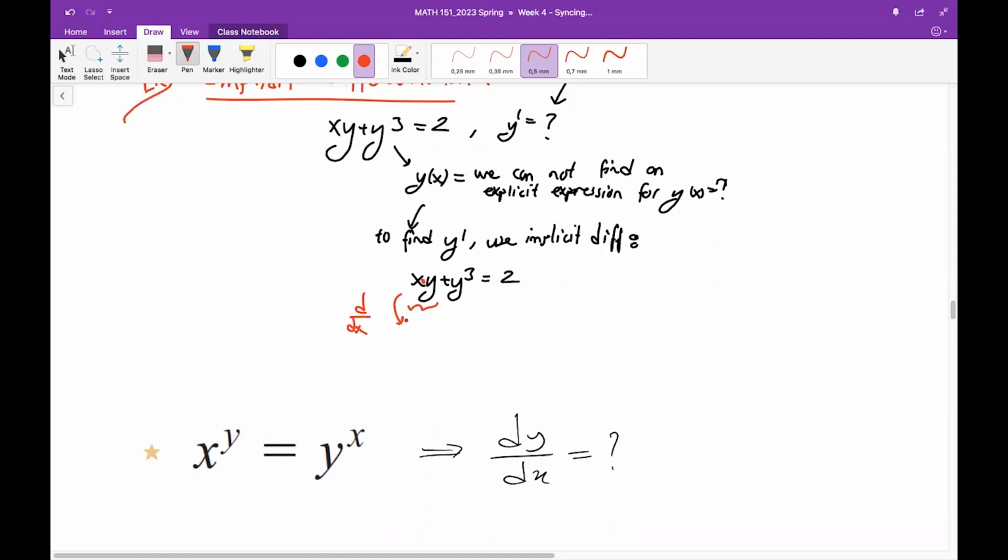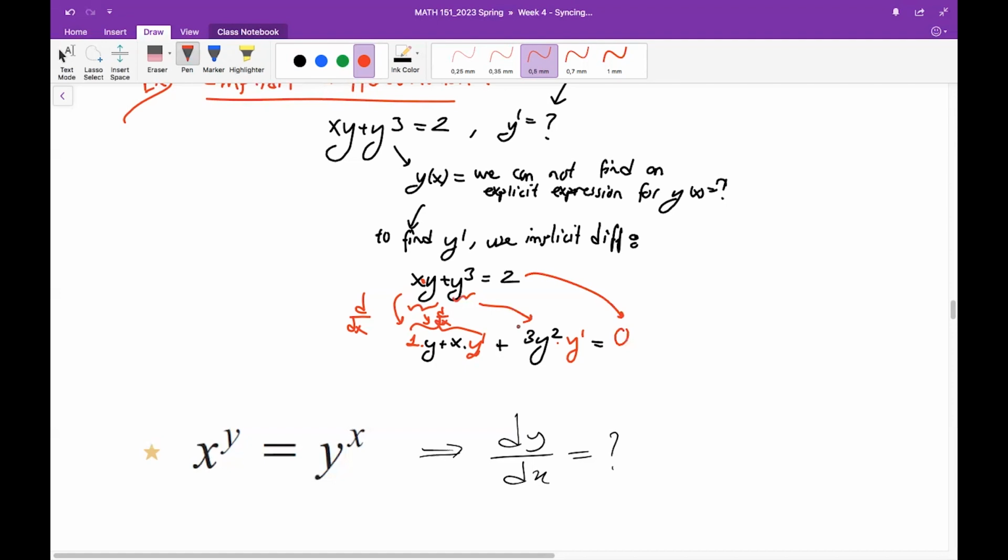Product rule, how is it applied? Derivative of the first expression times the second, plus first stays the same, times the derivative of the second expression. You see, this comes from the derivative of the first part. Plus, what is the derivative of the second part then? Power comes down, you subtract 1 from the power, and since y is a function of x, since it depends on x, I will also multiply with the derivative of the inside function, so y prime. And then on the right side, we will just have, what is the derivative of 2? It is just 0, as it is a constant.